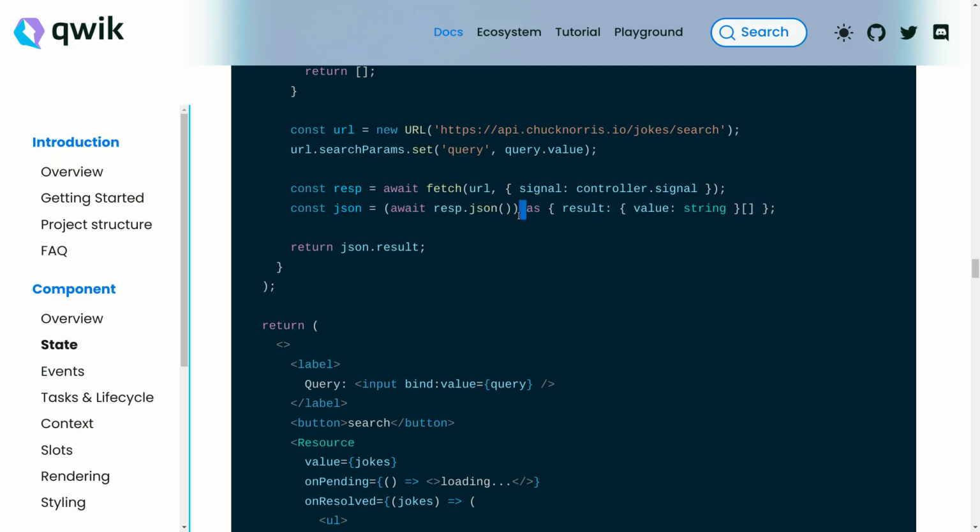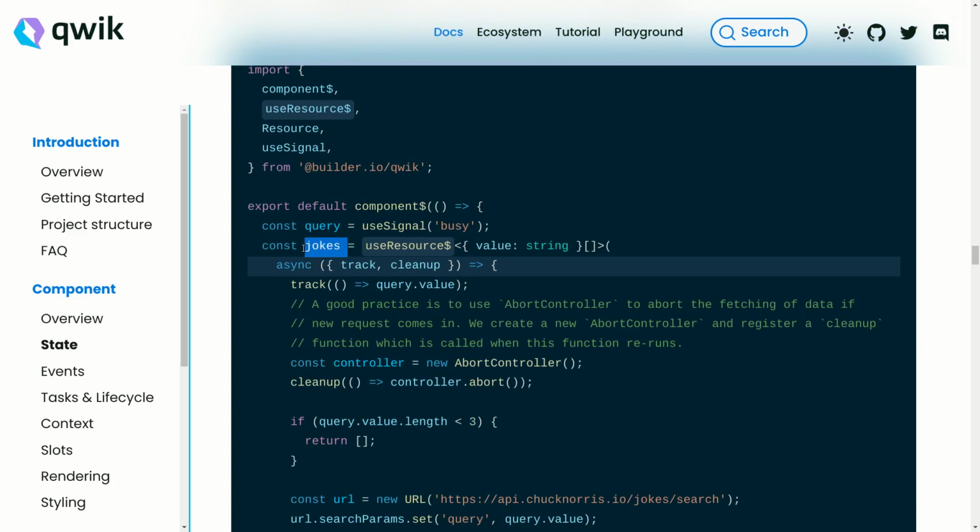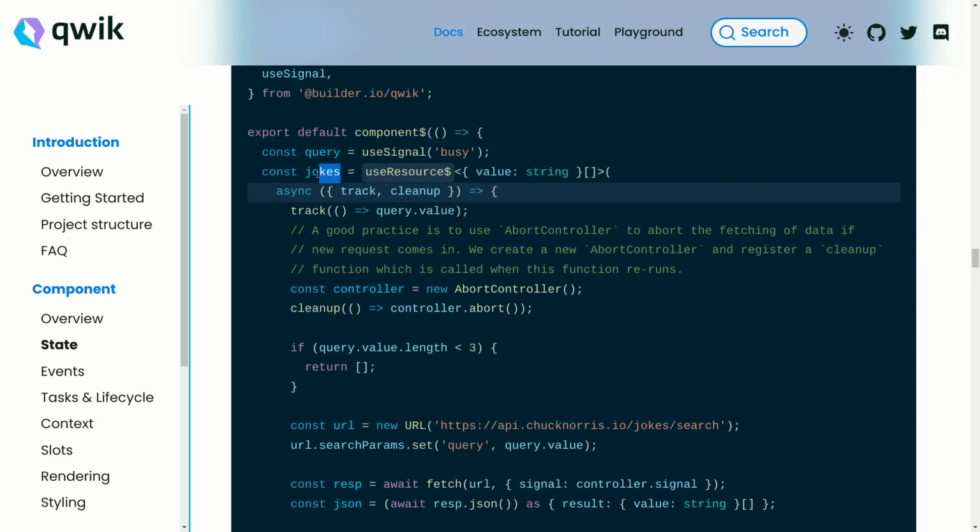And after that, we specify that we want to turn this JSON data into this format, an object with the key result, and here we had just specified its type. And finally we have this JSON.result output from the useResource key, and this value is now being stored in this jokers variable, the jokers state. So now you can simply access this data by referring to jokers,